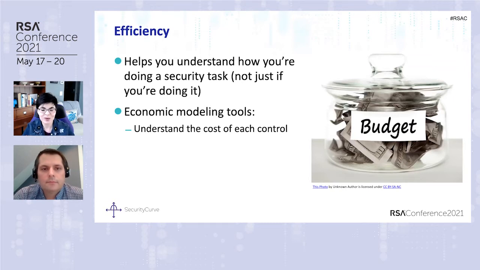There's the classic example of, you don't insure a $300 car that's old and about to die. You don't pay $2,000 a year for insurance for the cost of replacement of that car, because it doesn't make sense, right? You want to get the right balance between the budget and the efficiency. You want to make sure that what you're paying for, you're getting over and above that, not that you're paying more than what you're getting. And that's where the economic modeling tools can really help you understand how much you're paying for each control, in addition to how well it's being used and the maturity of that control.